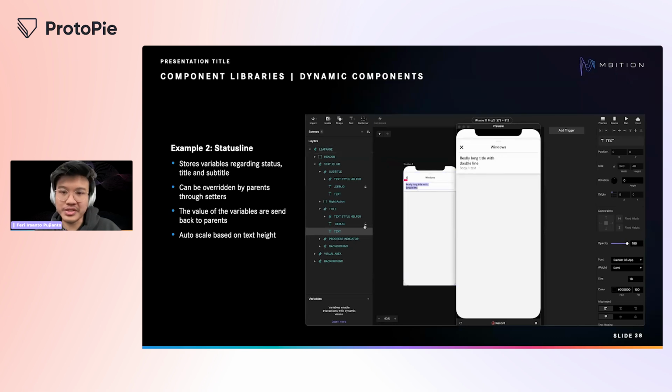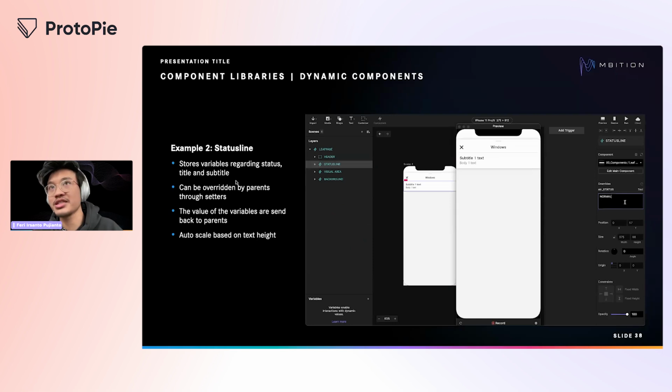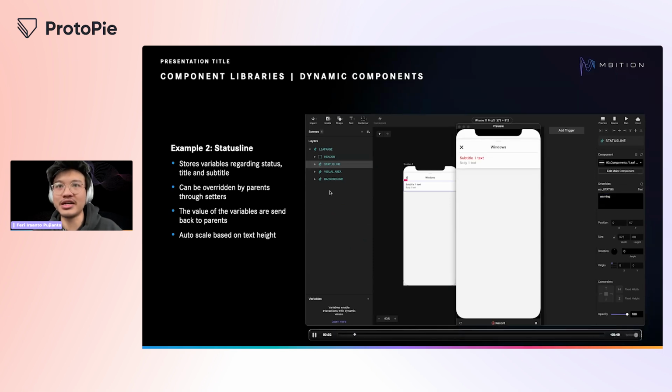Those values can be overridden by parent signals, and the same logic applies that the component sends values to the parents regarding its status and title. Furthermore, the status line scales automatically based on the text height of the title and subtitle. Although it does not look good in the editor view, in the preview it rescales automatically depending on this height.